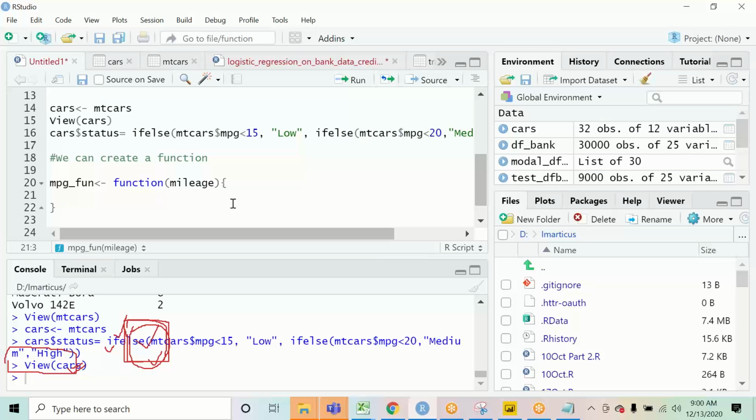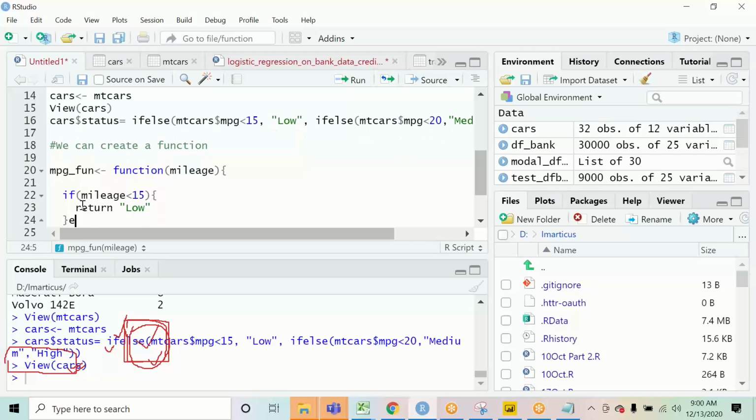Now whatever code I write in this will define my function. What is the logic that I will write? I will follow the same logic; I will have to use the if condition. How do we write the if? I will put the condition: if the mileage, we have to check the mileage, if the mileage is less than 15, this is my syntax. What do you want to return? I would like to return low, correct? Else if